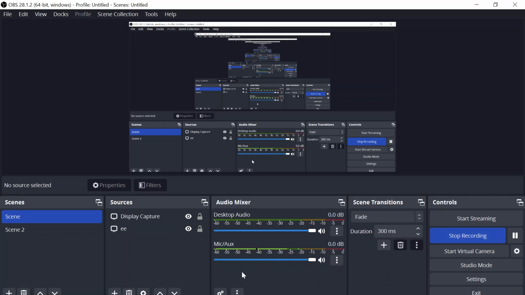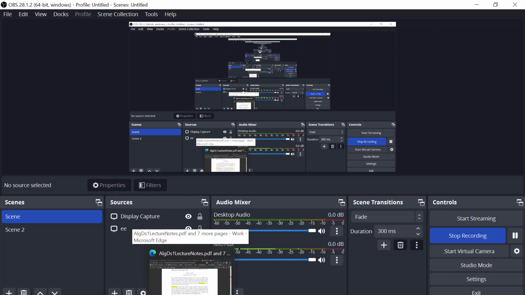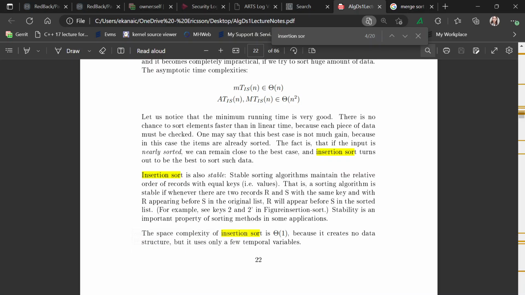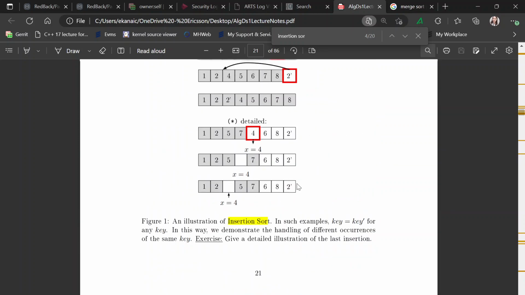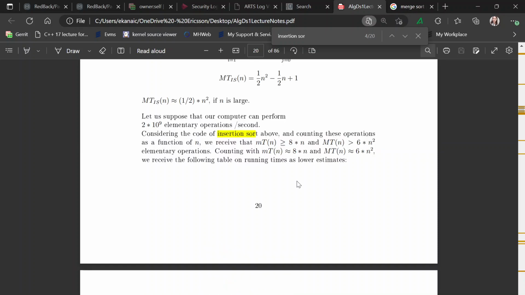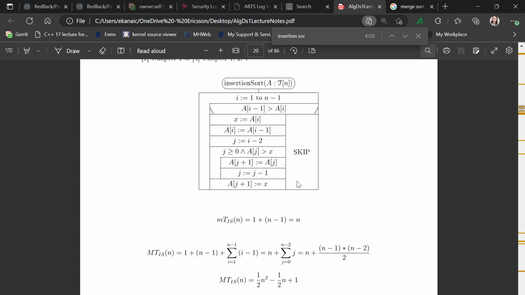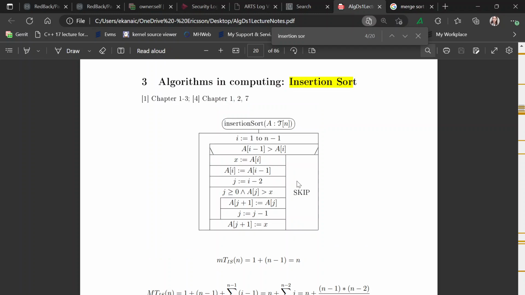Hello, in this video I decided to record the explanation of the insertion sort. So insertion sort is one of the trivial algorithms, and I think the main part of it is that it's really good on small inputs and not really efficient for larger inputs. And the algorithm itself is pretty straightforward and easy. So this is the structogram of it, kind of, and I will also show you one example